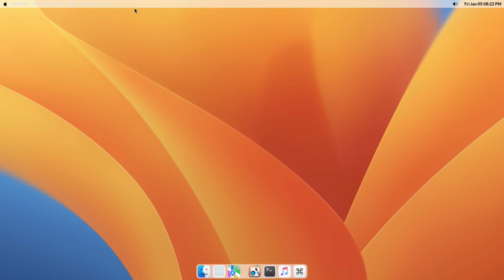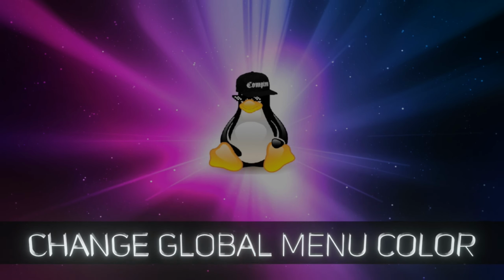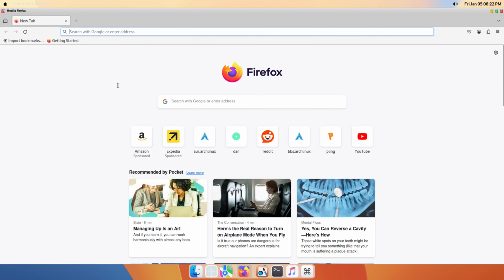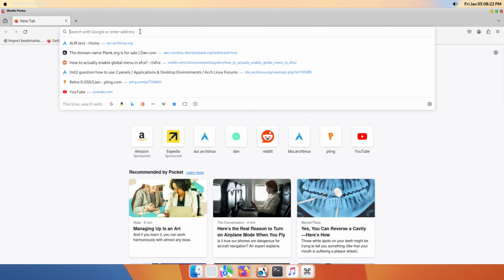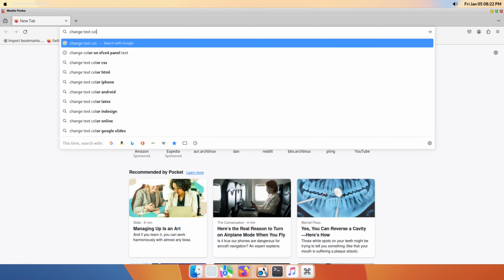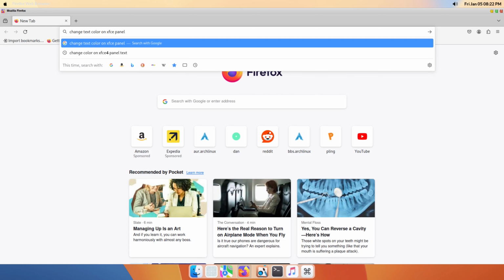So in the last video I left off where I had these links up here that I wanted to turn black, because I had to change the color of the panels and everything. So I changed them back to the original color. Now I'm going to work on figuring out how to change the text and all that. So that's going to be change text color on Xfce Panel,